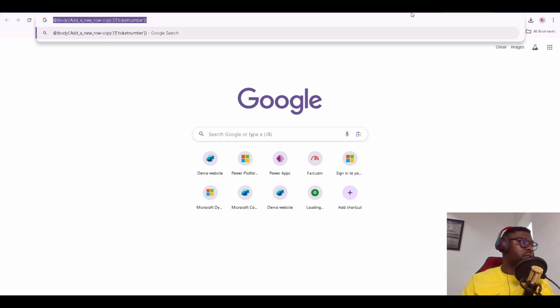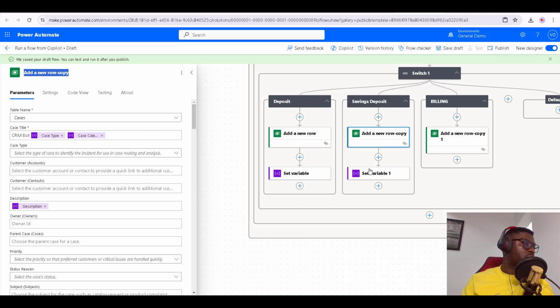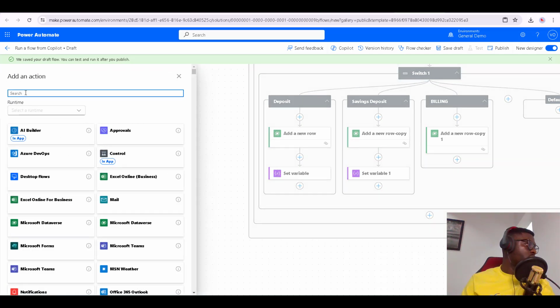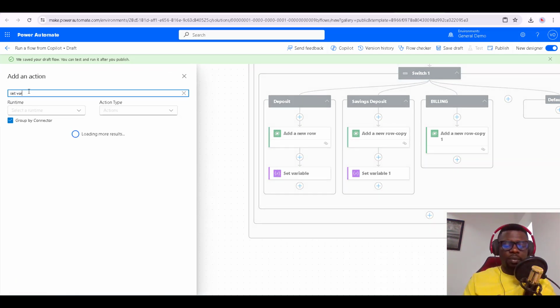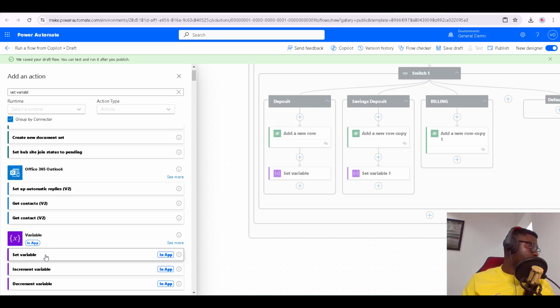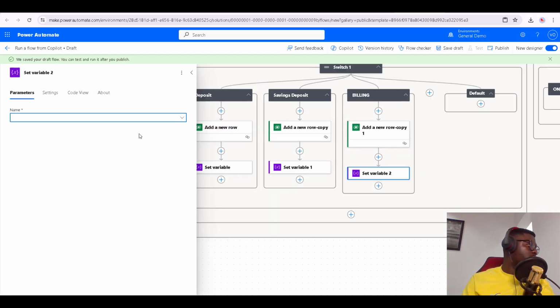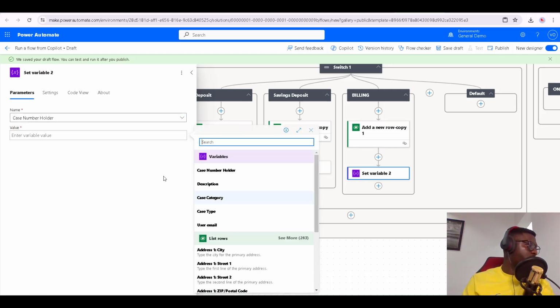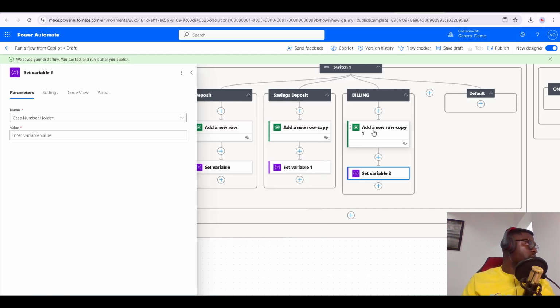Then I'll copy this out, come back to my flow, come back to set my variable and paste it here. That's all. That's fine. So you do the same also here. Just come here, do add a new and just set variable. Click on this. The variable I want to set is the case number. Check if you can have your lookup. If it's not there, you just copy